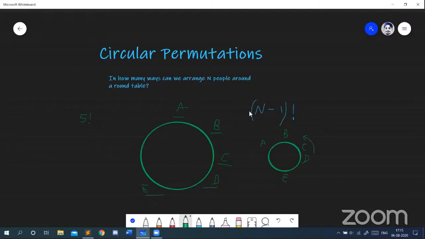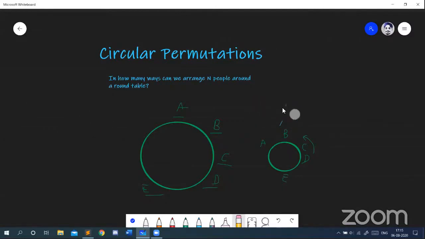And if I were to rotate it again, having C here and then D here and then E here and then A here, it would have still been the same arrangement, right? And therefore I divide by 5 because there are 5 ways to rotate this, right? And therefore it's 5 factorial over 5, which is just 4 factorial. Yeah. So this is one way to solve the problem, but another way to solve it is